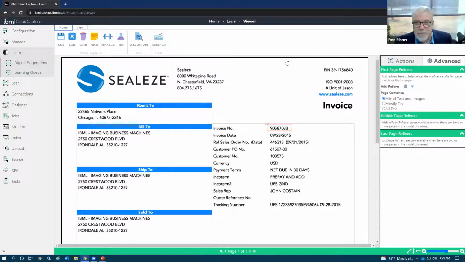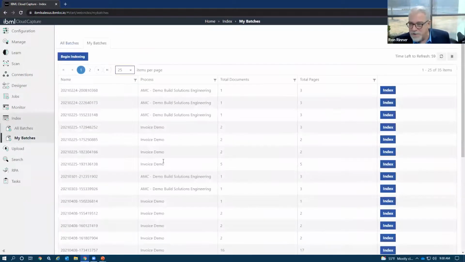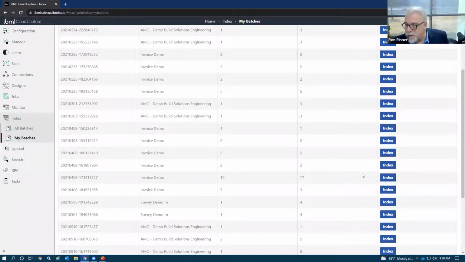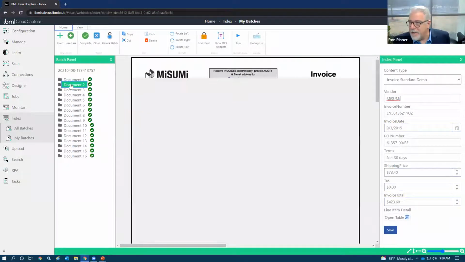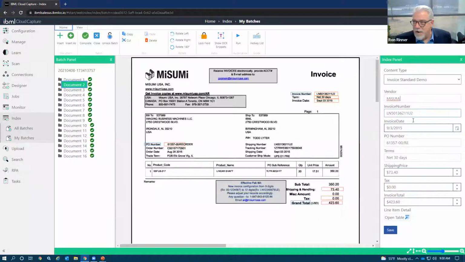for IBML Cloud Capture. And further, let's go over to Mark's costs though, because Mark's costs are hard, solid costs. And just want to make sure that when we're looking at these things, you are in fact looking at fields that are not only very solidly, very accurately OCR'd, but you're also looking at data that's already been pre-checked against the rules.